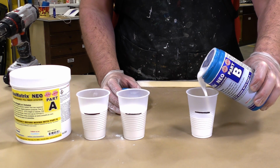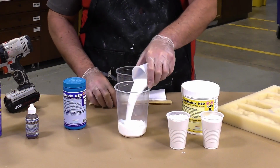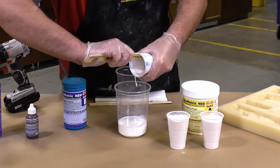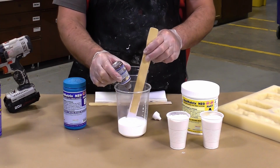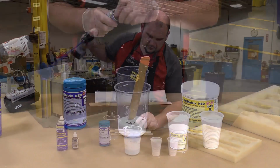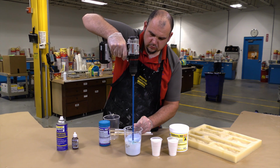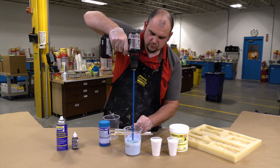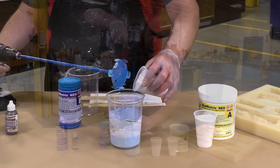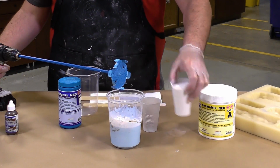Now, to give our casting some background color, I'm going to use the UVO brown and mix it well into the liquid component. For this application, I like to use the mechanical mixer because it disperses the material evenly and gives me a nice unified mixing consistency. The Duo Matrix Neo has a pot life of about 6 minutes when using a mechanical